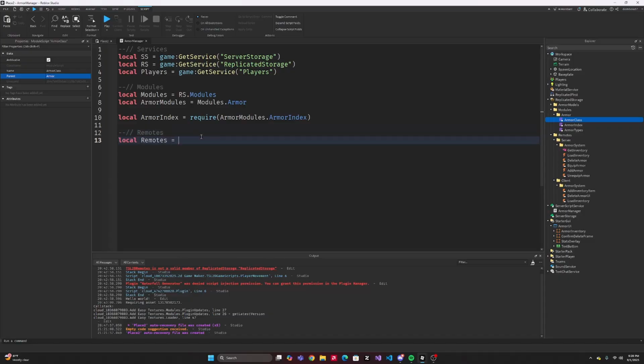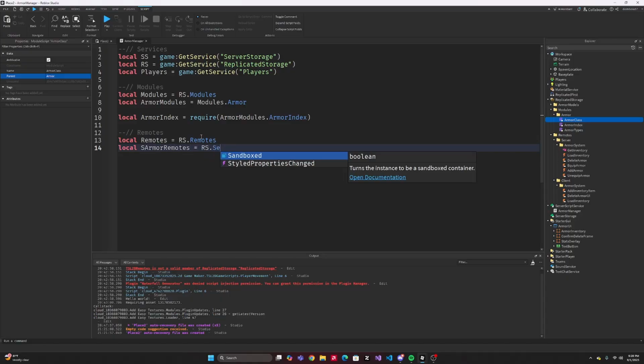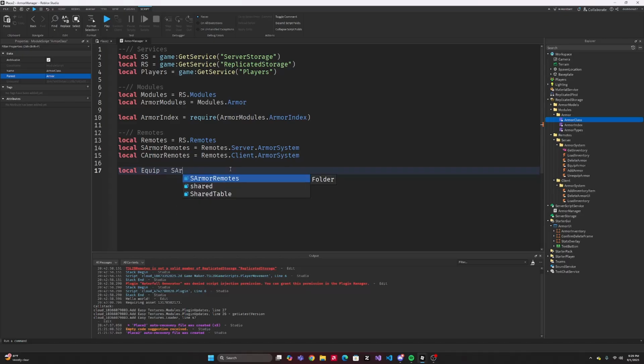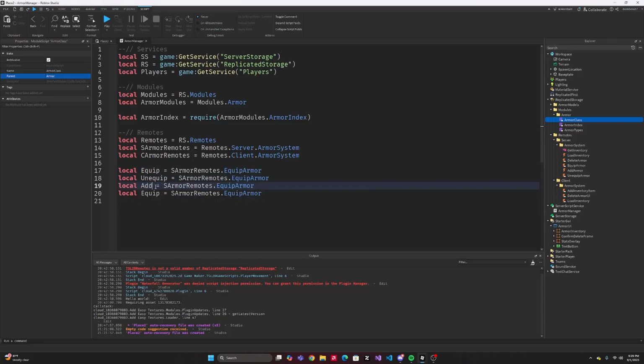So our remotes equal to rs.remotes. We'll have our server, or we'll call them sarmor remotes, equal to remotes.server.armor system. And then we'll have our carmor remotes, which is just the client ones. And then we'll separate this into our equip, which is our sarmor remotes.equip armor. And we'll need all of these. So we'll have unequip, we'll have add armor,